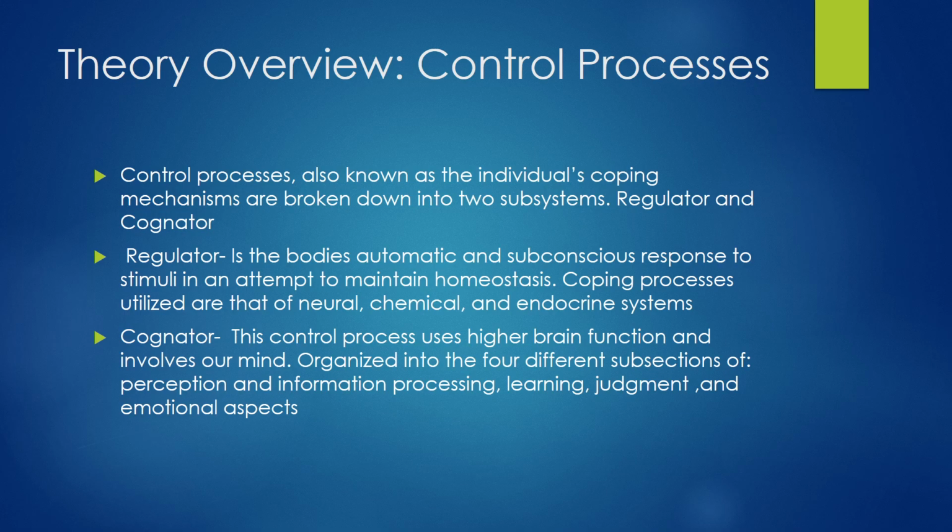Next is control processes. Control processes, also known as the individual's coping mechanisms, are broken down into two subsystems, regulator and cognator. Regulator is the body's automatic and subconscious response to stimuli in an attempt to maintain homeostasis. Coping processes utilized here are that of neural,